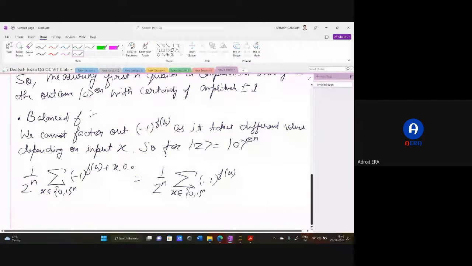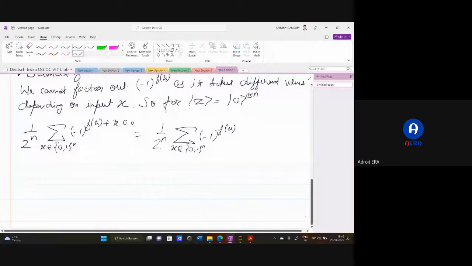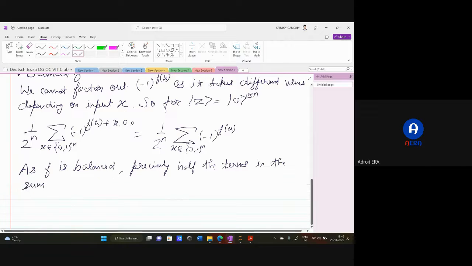Therefore, what is going to happen, since we are left with this, this time we are not getting any plus minus 1 or anything. We are now getting only this expression, 1 upon 2 to the n, summation of all these things. Therefore, as f is balanced, precisely, what will happen? Half the terms in the summation above, half the terms in the summation f of x will be equal to 0, and the other half equal to 1,